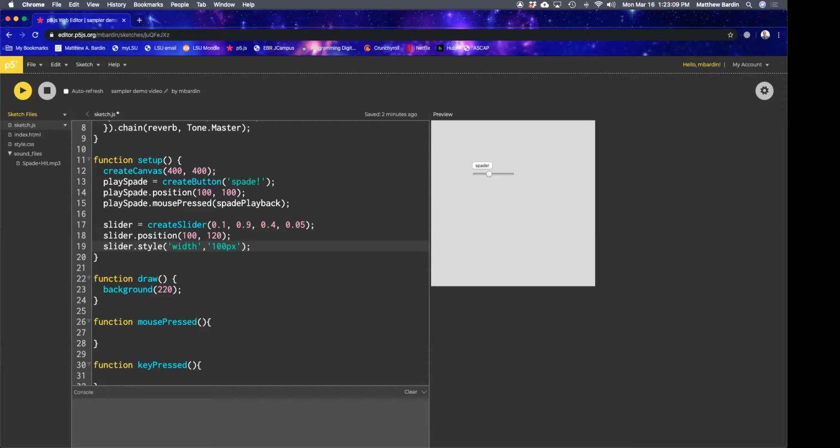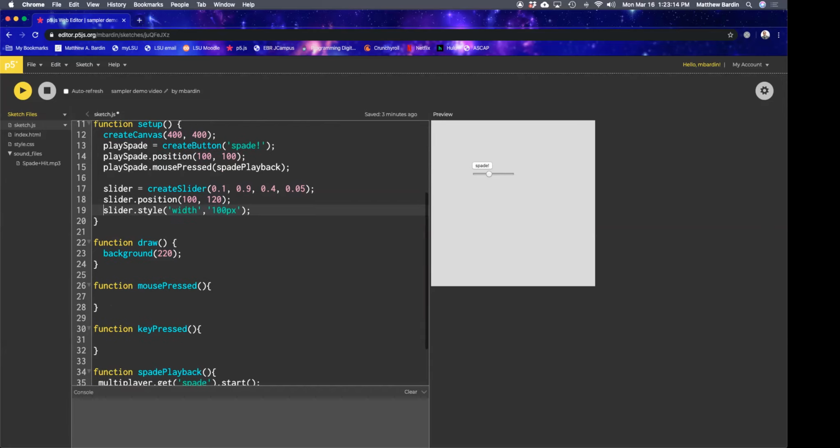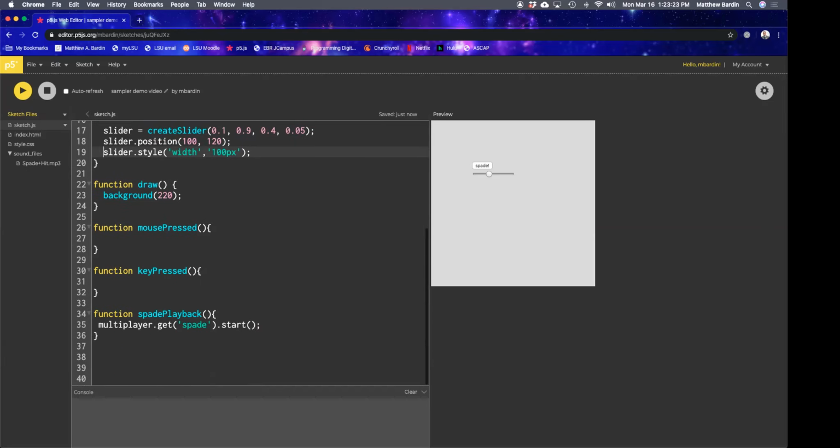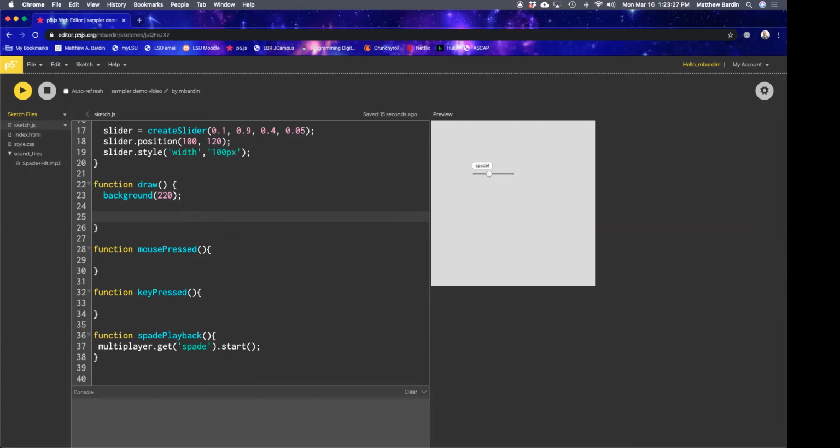It just helps you save a little space. So I'm going to set it for that. Now we've made our slider and given it the ranges we need, so what we need to do is map it to the effect that we want to control. So I'm going to go into the draw function, and I'm going to say